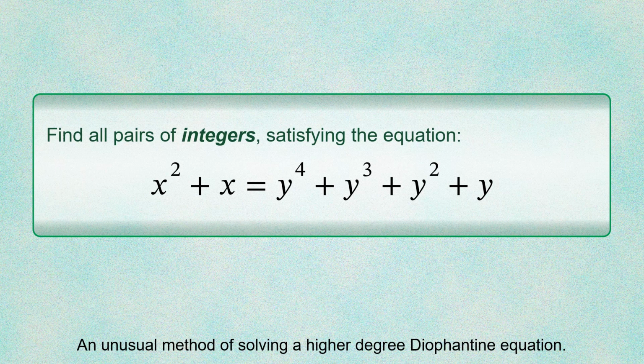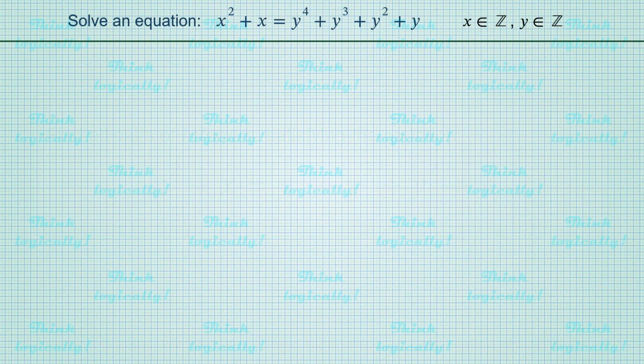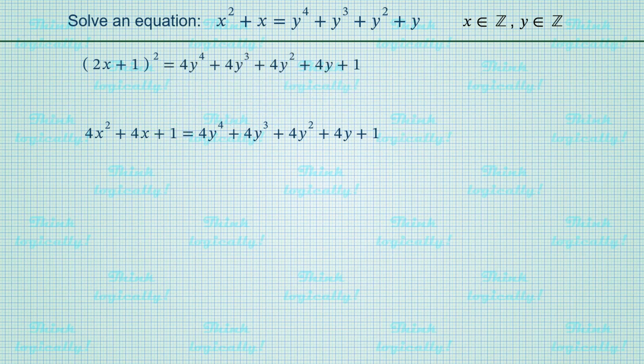The solution discussed here can be hardly called elegant, however it uses a rather unusual idea, which I believe can be useful for other Diophantine equations of degree 2 and up. As a start, let's multiply the equation by 4, then add 1 to both parts. The left-hand side is of course 2x plus 1 all squared, however how to treat the right-hand side is not quite clear, hence we just copy it.